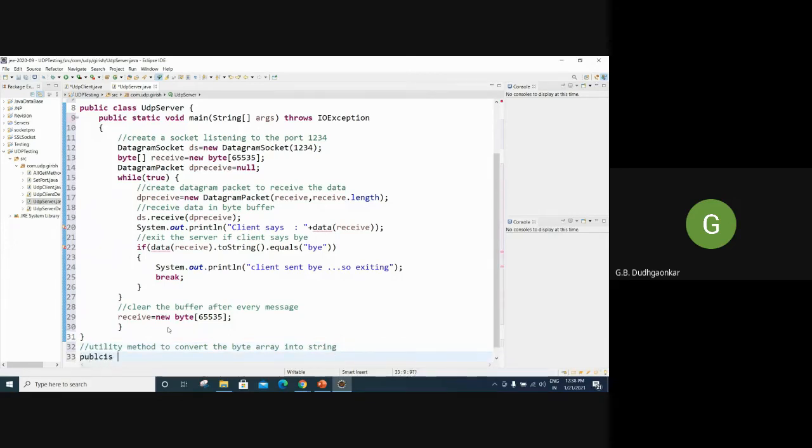Here public static, anything you can take here, string builder data, and here we can use byte with the object.